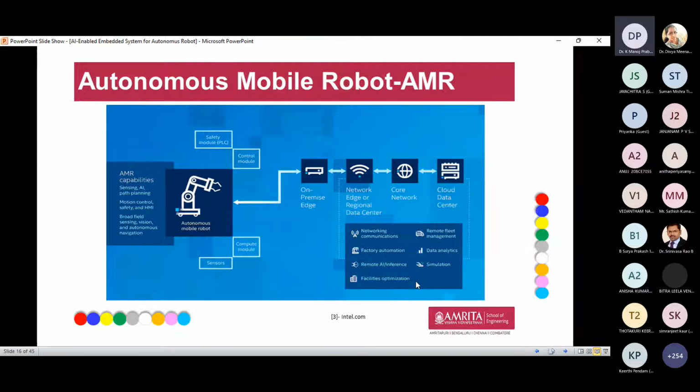So this is the autonomous mobile robot, and in this picture we can see the main modules: the control module, compute module, and sensor and safety module, which is a programmable logic circuit. From this, it can be connected with promising AGI techniques, or the data can be transferred to data analytics parts. So many applications can be interlinked with the autonomous mobile robot.